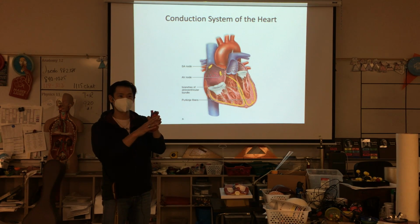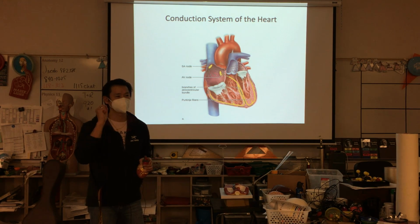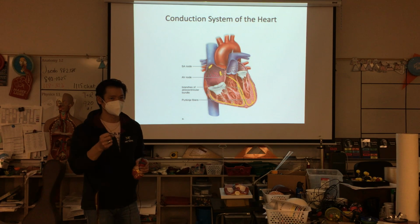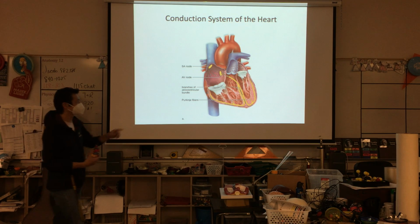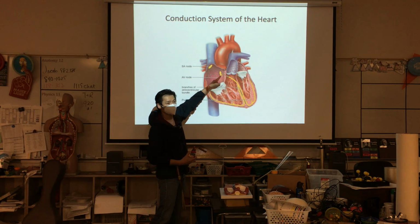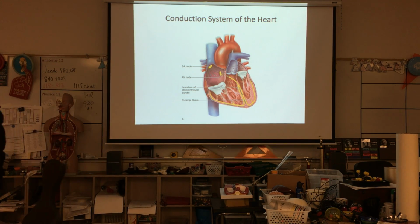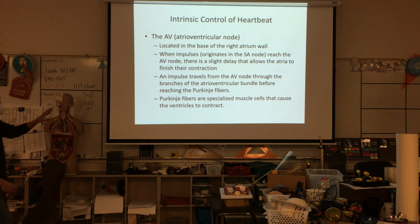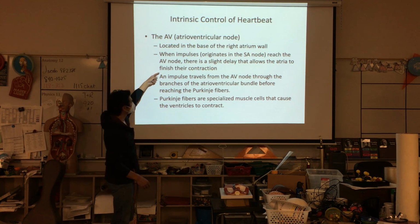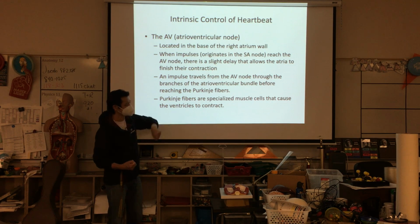So top squeezes, then the bottom squeezes, and then they both chill out and rest. Then sinoatrial, then atrioventricular, then rest. Atria squeeze, ventricles squeeze, then rest. It has to do with these two nervous tissue nodes, the sinoatrial and the atrioventricular. And this is just it. So the AV node fires, and it sends the impulse to the ventricles via Purkinje fibers, and it causes the